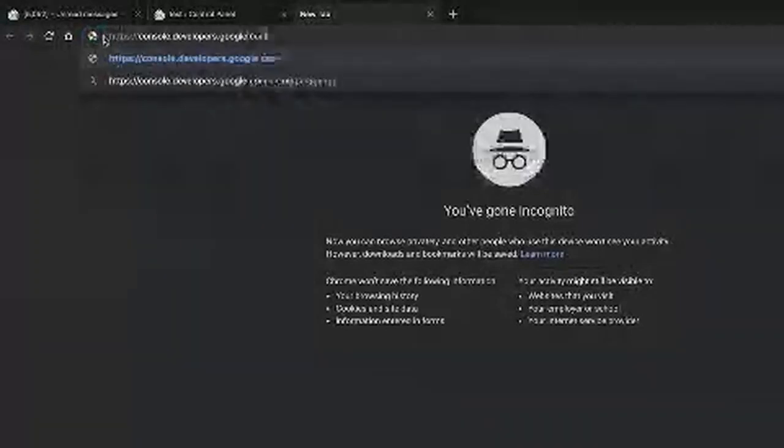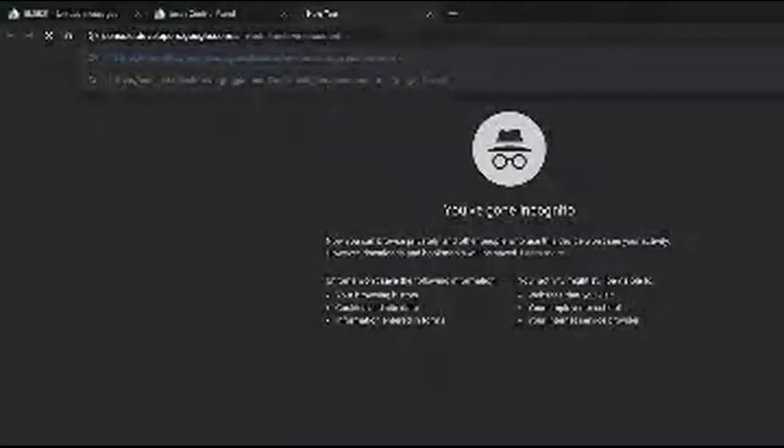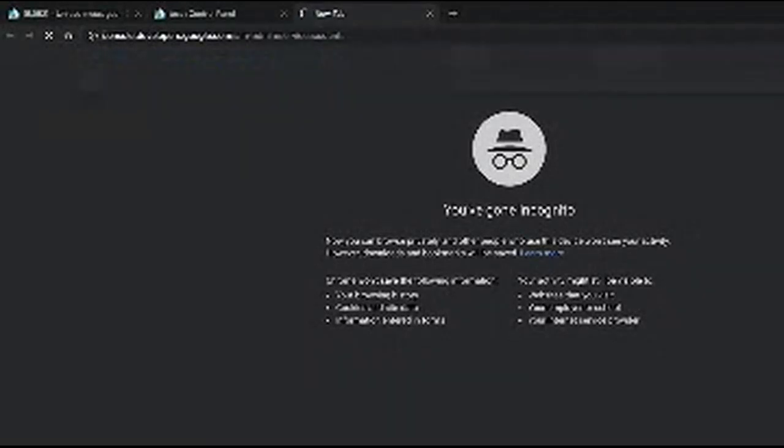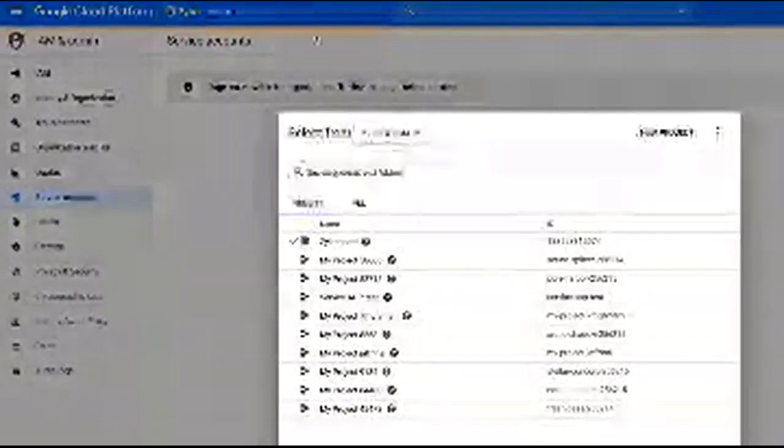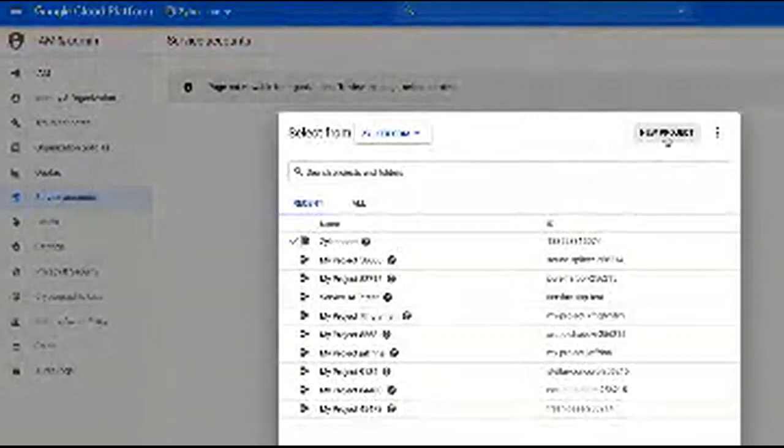Do not worry about not having the links for all these. We have all of these in our help documentation. We'll be happy to help you with it in case you do need it. You go to service accounts. Here you create a new project first.